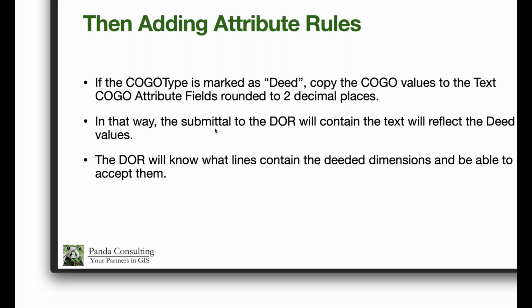So that literally when you build a subdivision and you build all those lots in there, you should be calculating them all as whatever the subdivision plat says, and they should then be all marked as being the deeded or the platted information. That way, the Department of Revenue will know what lines contain the deeded dimensions and be able to accept them,